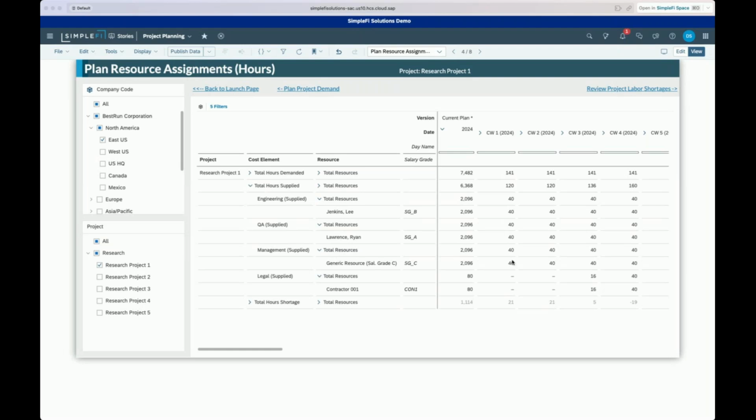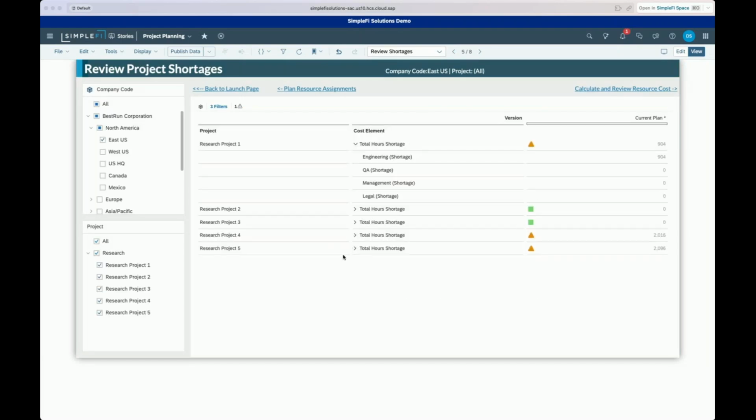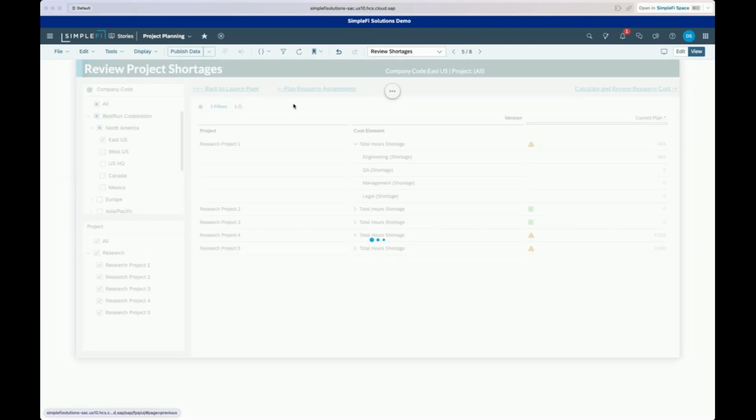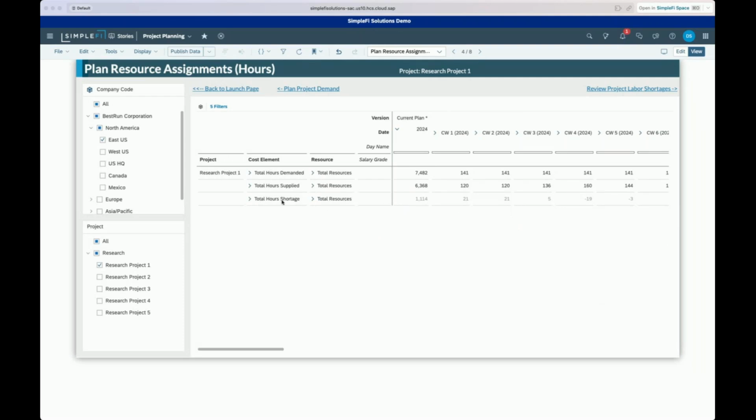Okay, so now I can assign some of these hours to particular specific resources. That I can do here. What I can show here, whoops, I did not want to go back there yet. Once I put those resources in and pull this together, we look at the demand piece here, which is what we entered on previous screens, and this is what we have available to us and what we've made as far as assignments go. And now we can look at